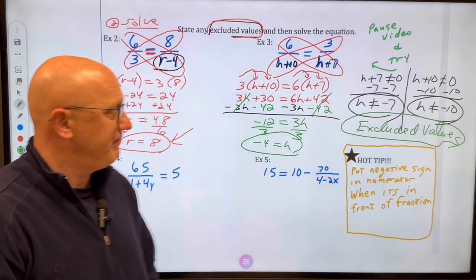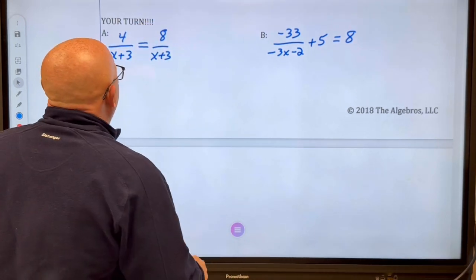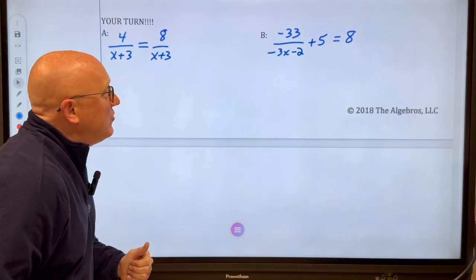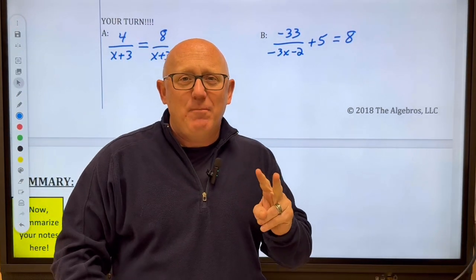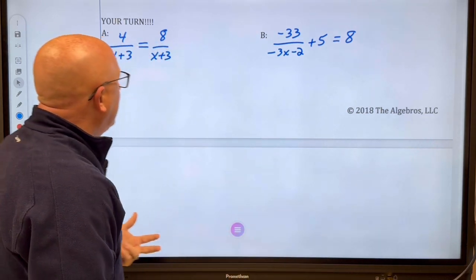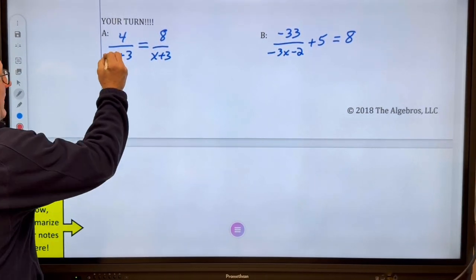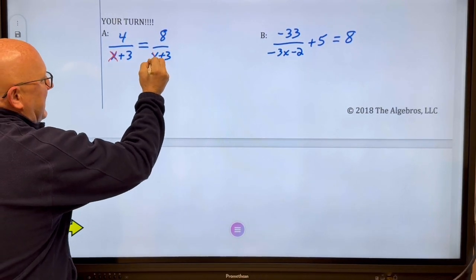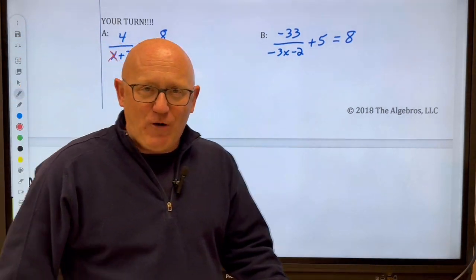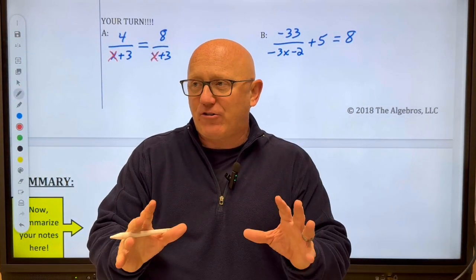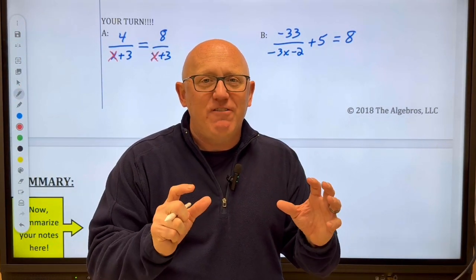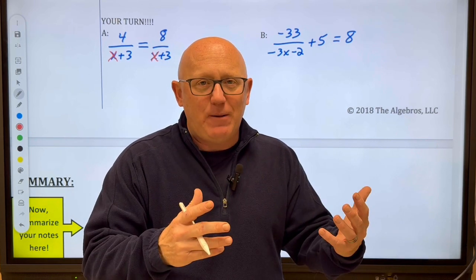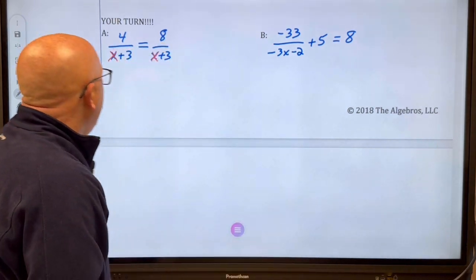Okay. All right, we left off with our turn here. I gave you a chance to do two problems based on what we've learned so far, rational equations. We do have to consider that we see an x here and here in the two fractions. And so we want to first write out the excluded values that may make those things go to 0. So for example,